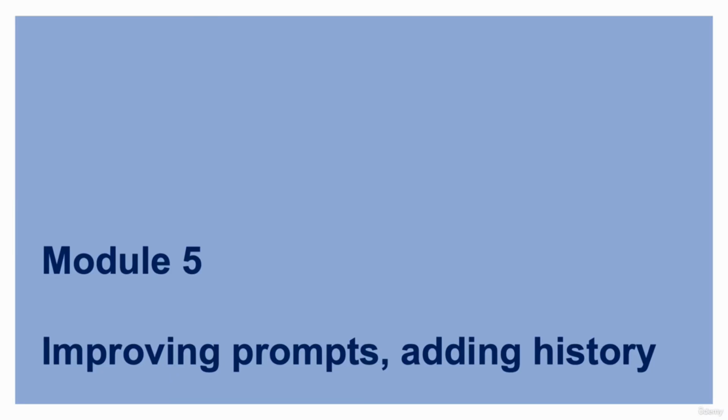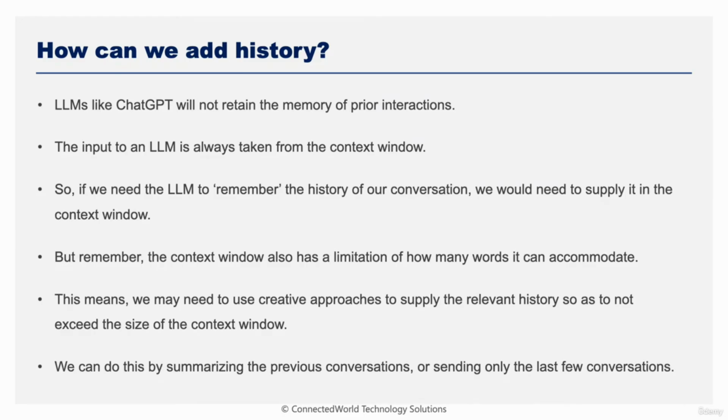Module 5: Improving Prompts and Adding History. How can we add history? LLMs like ChatGPT will not retain the memory of prior interactions. The input to an LLM is always taken from the context window. So, if we need the LLM to remember the history of our conversation, we would need to supply it in